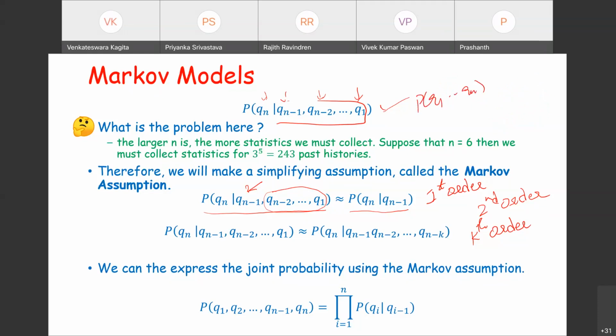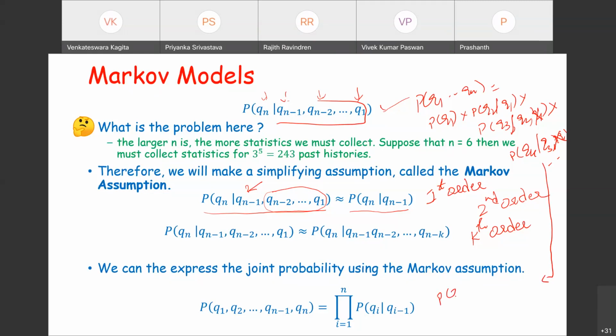What is the joint probability? This is equivalent to the probability of Q1 times the probability of Q2 given Q1 times the probability of Q3 given Q2 and Q1 times the probability of Q4 given Q3, Q2, Q1 and so on. Now, because we're assuming that the nth state is only depending on the n minus 1 state, you can ignore these two and write it as